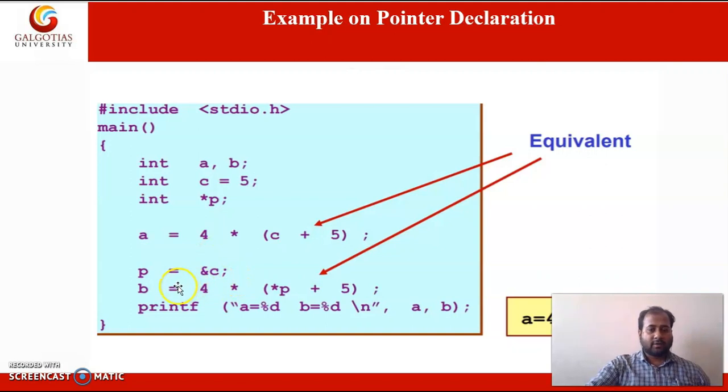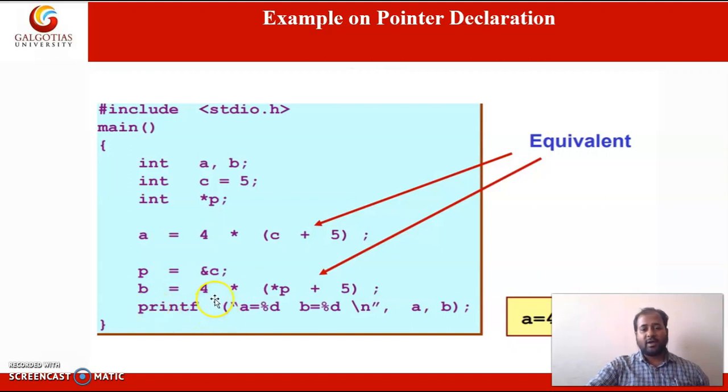Okay, so in the next statement we are storing the address of c to pointer variable p. Here in the next statement we are evaluating the expression, and we are assigning the value of that expression to b.